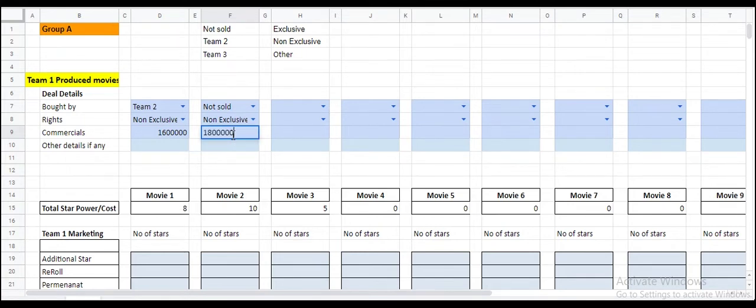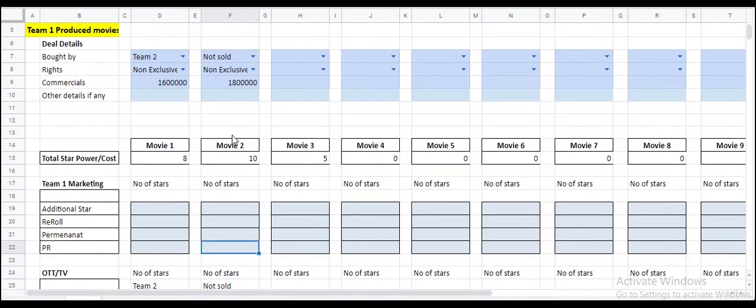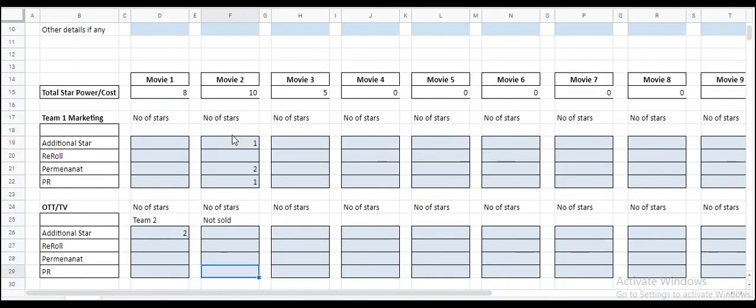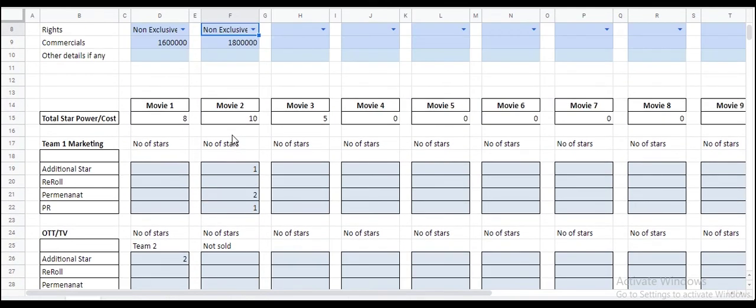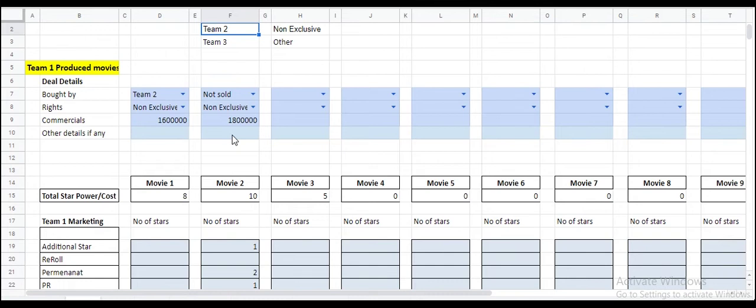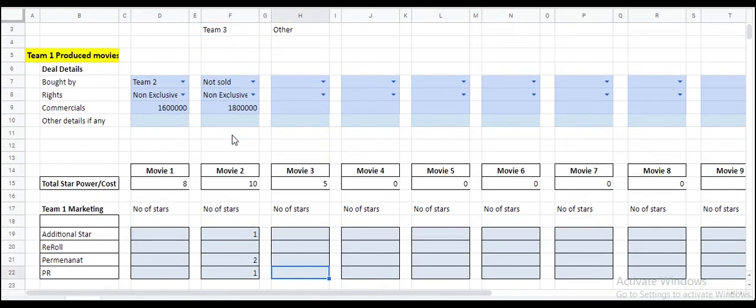So I will mention 18 lakhs here, and no other details are required. And in case team 1 wants to pledge any kind of marketing for this movie from the existing marketing campaign, they can punch in the details here likewise, and their stars will later on get updated. So that is basically what the production teams need to do within their tabs for all the movies.